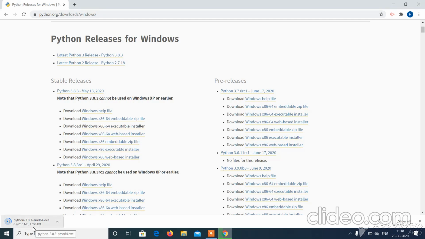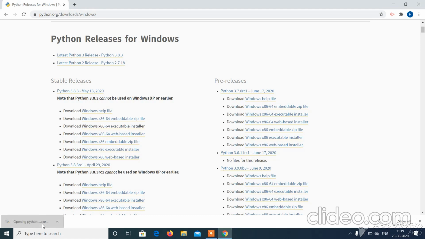At the left bottom you can see the executable file is getting ready. Okay, so the executable file is ready.